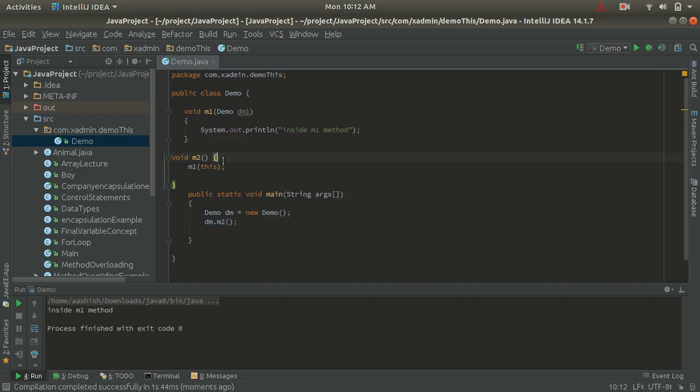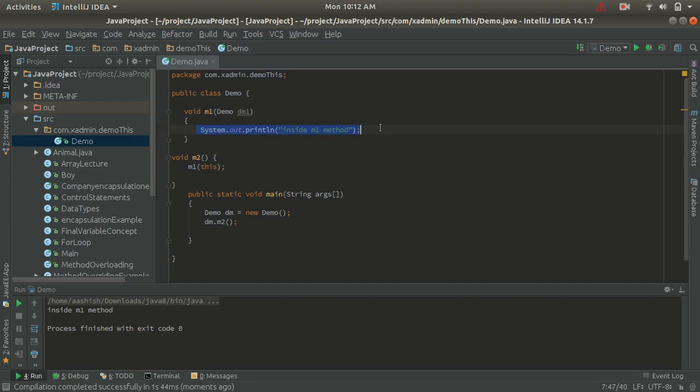From inside the m2 method we have invoked the m1 method with the current class reference. Here you can see that we have passed this as a reference variable, and m1 is receiving it in dm1, the reference of the current class, and it is calling the m1 method, and here it is displaying "inside m1 method".